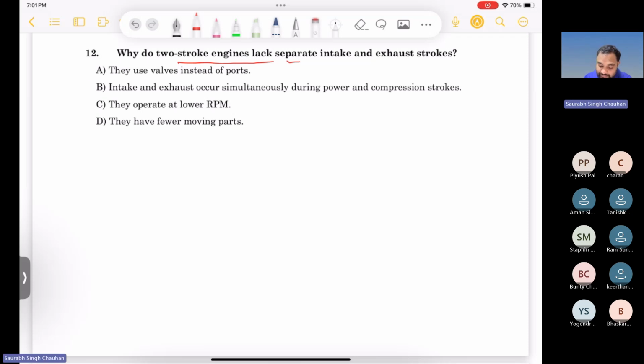We have seen this, right? Is there any doubt in this? If you still have any doubt, then please ask. And I will suggest you watch some animations for both types of engines. On YouTube you will find very good animations, showing how these ports are opening and closing, and in a four-stroke engine, how the valves are opened and closed, how all these processes take place. Very short videos, just a few minutes.